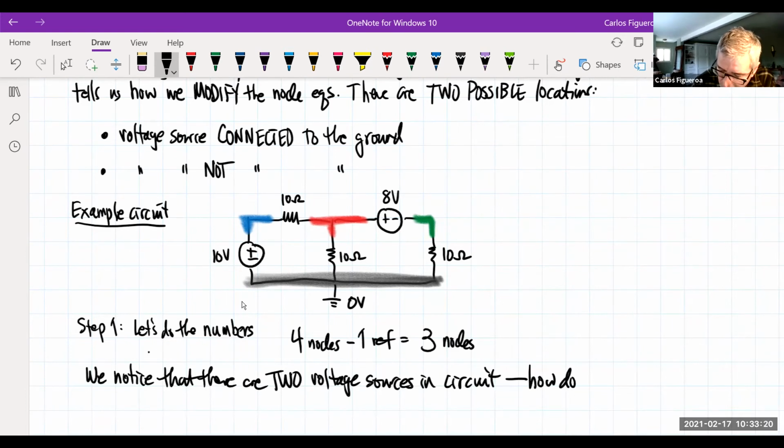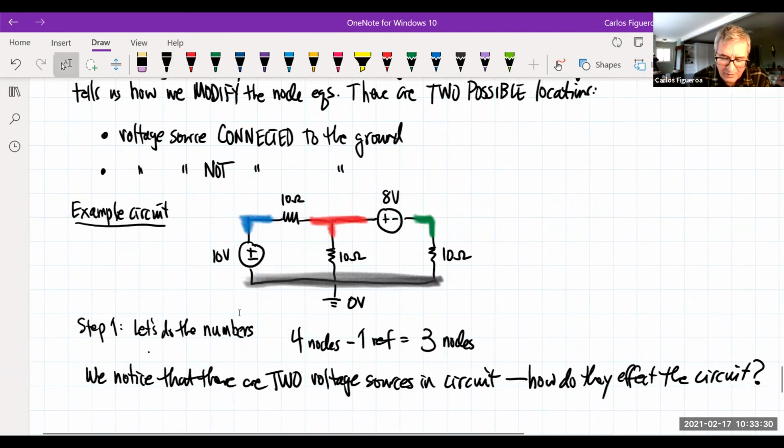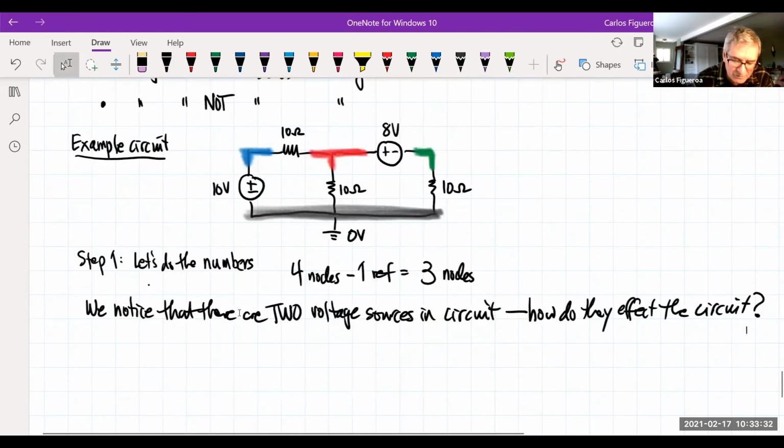How do they affect the circuit? That's the question that we're really trying to answer here. So the first thing that we should do is focus on the first one here, and the first one, we're going to focus on the 10 volt source